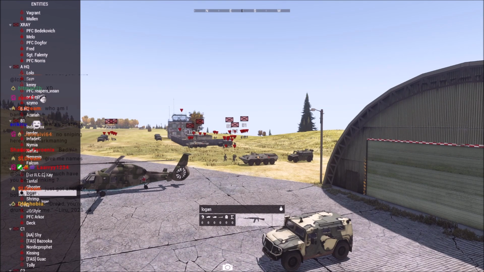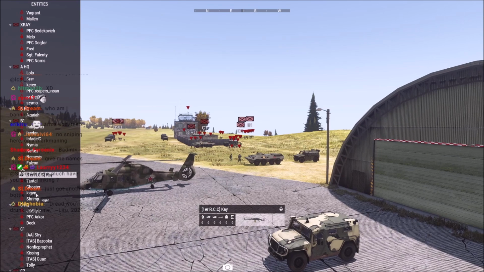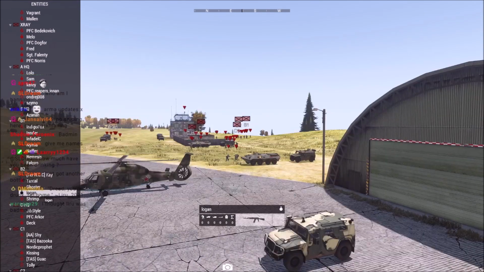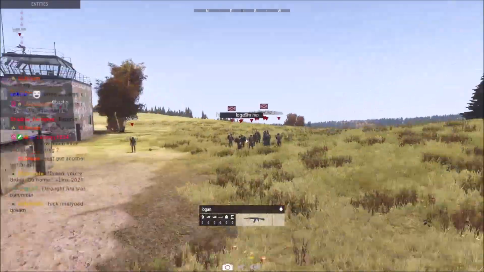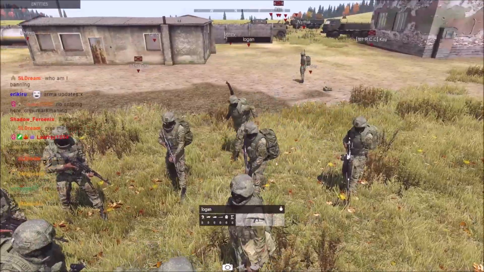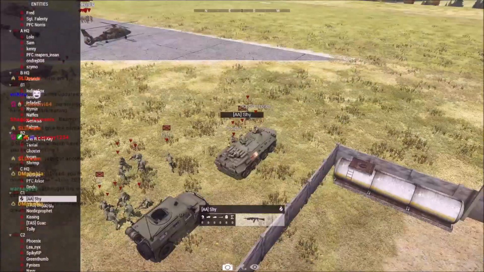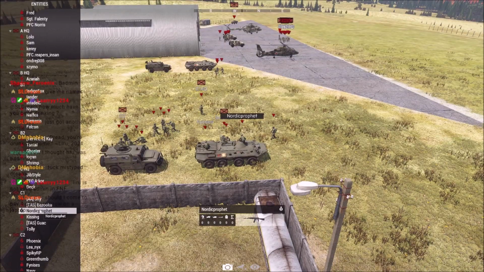We got Logan here with Ghoster, K, Tantal, and Shrimp. I only really recognize Ghoster and Logan. We'll see if Logan pulls one of his rare trick plays. If not, probably a vehicle crew member, but no, he's actually probably taking a sapper kit based off of the size of that backpack. Charlie 1, we've got our fan favorite Nordic Prophet with a bunch of members of TAS